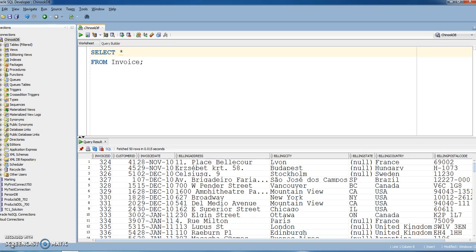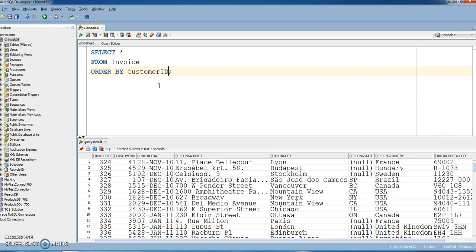So let's jump in and take a look at what I'm talking about here. I have a simple query here that's getting all of the data from the invoice table. I'd like you to make particular note of the customer ID field, because that's one of the things that we're going to be using to illustrate this point. So in order to make this even more clear, let's add an ORDER BY clause here, where we're going to